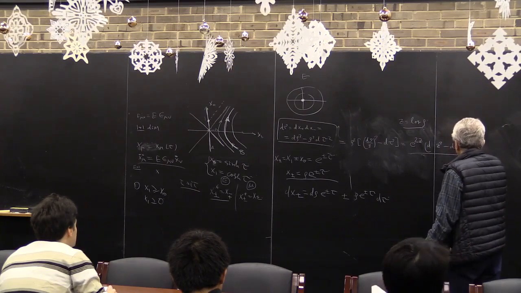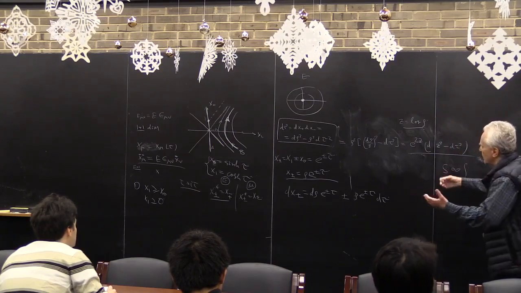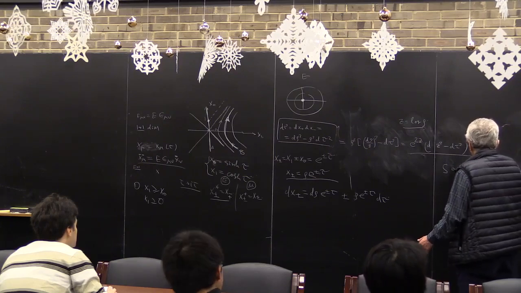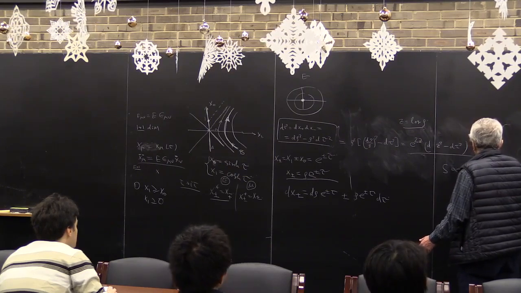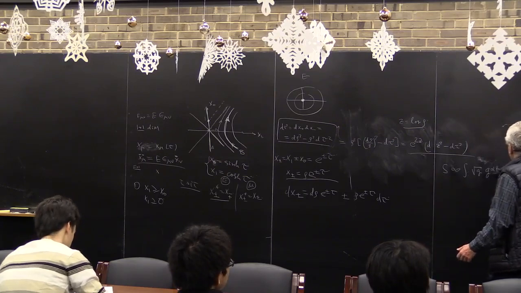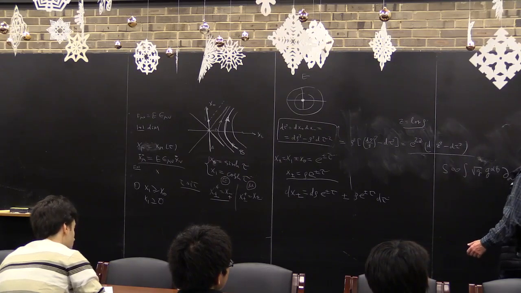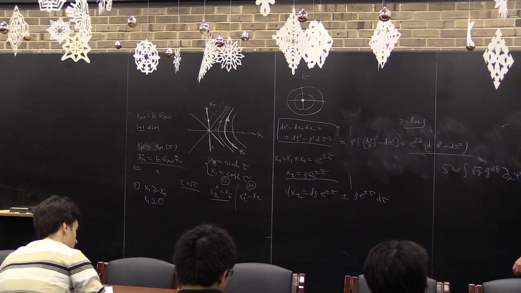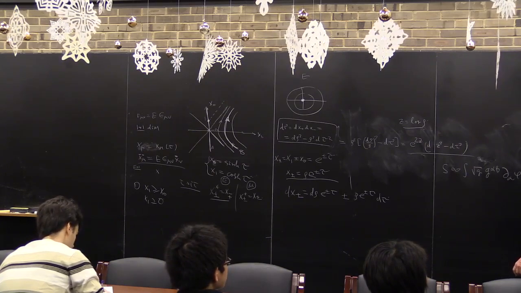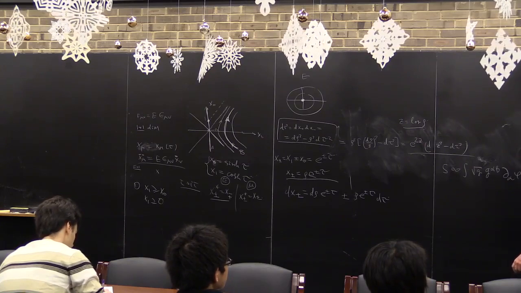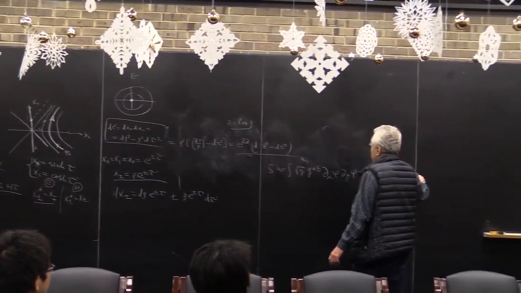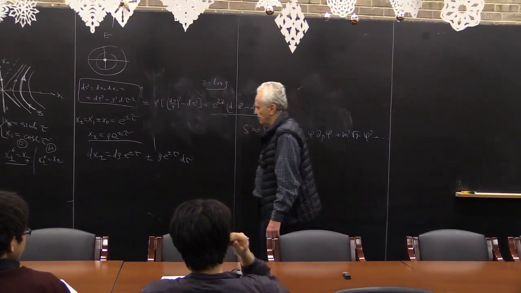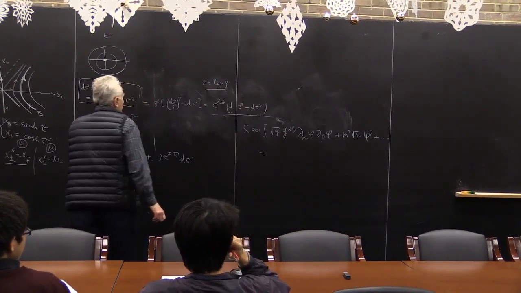In any metric, let's simply look at the simplest possible field. We have the action with square root of g, g^{alpha beta} d_alpha phi d_beta phi, in an arbitrary metric, plus m^2 square root of g phi^2 plus interaction. Now, in our case,